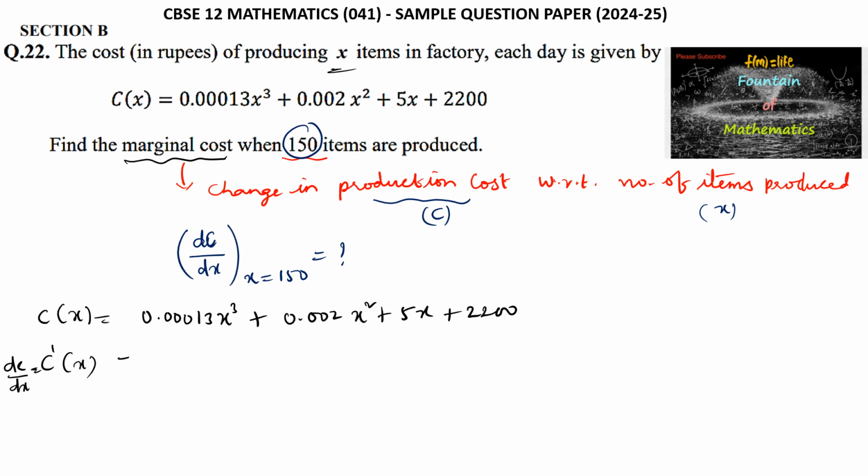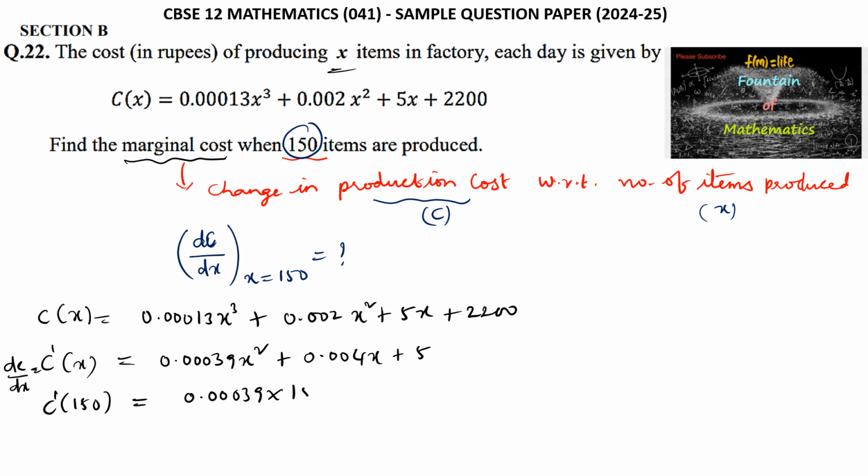is equal to, so here we can write 3x square differentiation of x power 3, so 0.00039 x square, and here x square differentiation 2x, so 0.004x, and differentiation of x is 1, so 5 plus 2200, differentiation of constant is 0, which is equal to, and now we need to find at 150 items, so C dash of 150 is equal to